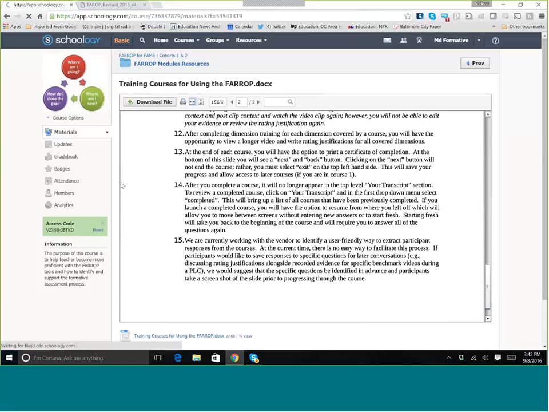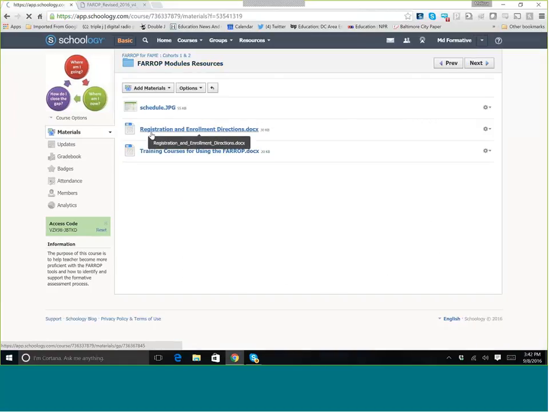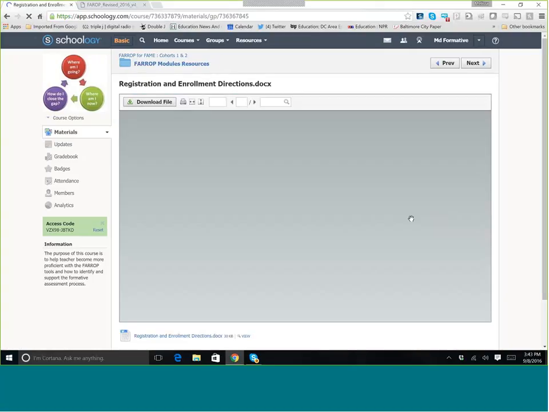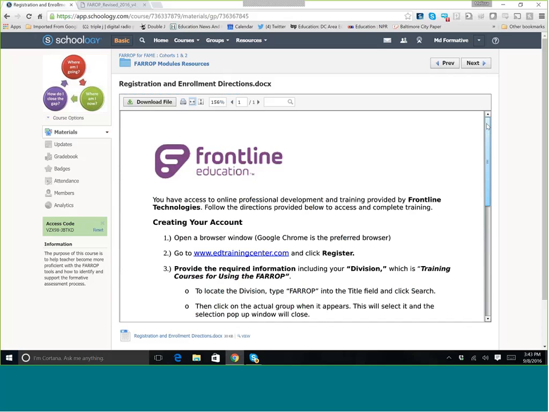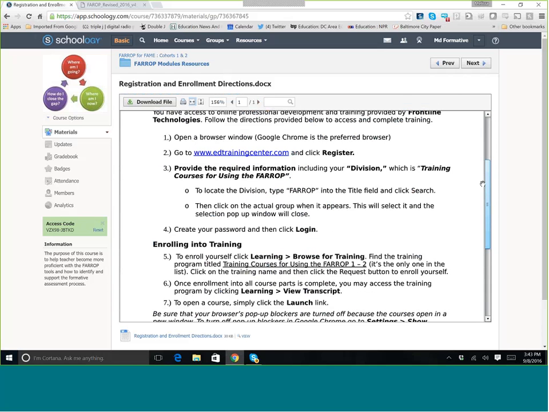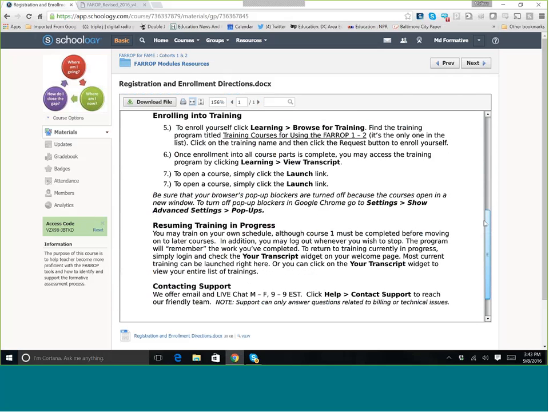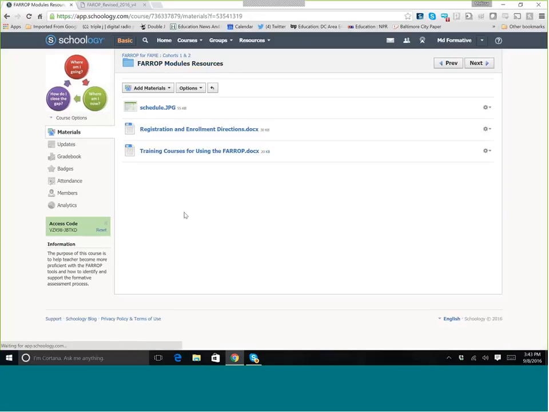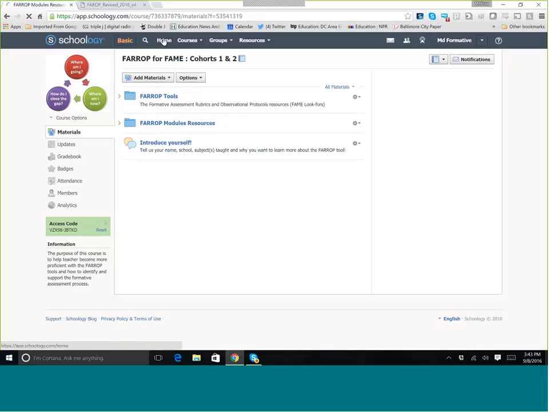And then the last part is actually signing up. If you go to registration and enrollment directions, it tells you how to create your account. And that's simple. Then when you go back to the main part of the course,